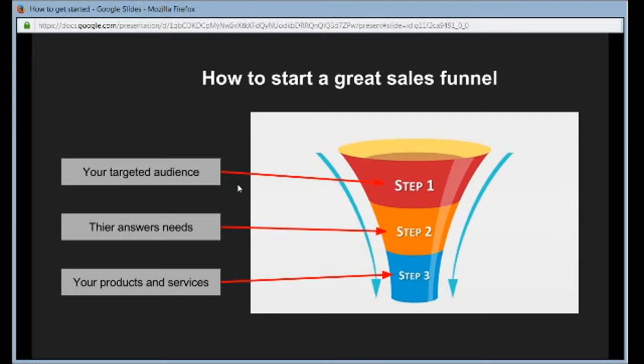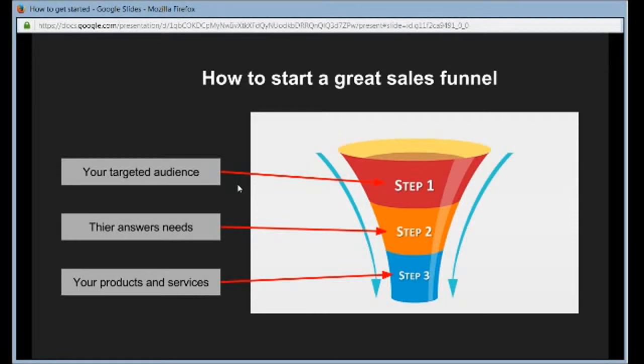Okay, so step 1, your target audience. What you basically want to do is find who your target audience is, and for those that have been following us, you know what I'm actually talking about. You want to go and find your target audience before you start sending emails and paid ads and all that kind of stuff to those particular demographics. If you don't know your demographics first, then you're basically going to start losing money at the very beginning. You need to learn who your demographics are, who you're trying to sell to, where they hang out. So you need to find that out first.